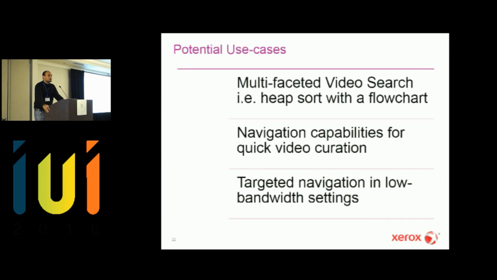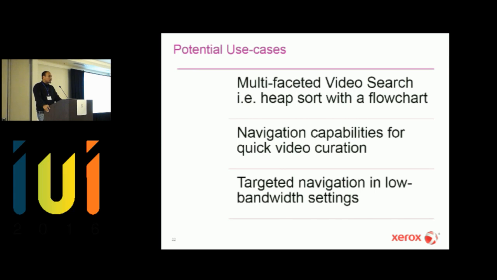So the knowledge, or the multifaceted index, that we extracted from an educational video is very rich. And apart from navigation, it can be utilized for different kinds of application scenarios. Some of these scenarios are as follows. For instance, it can be utilized for multifaceted video search. The search that you see on search engines is mostly metadata driven, based on the description and the title. If we have this detailed multifaceted index of educational videos, the search could be more directed towards the content of the video. For instance, you can search for a video saying heap sort with a flowchart in it, and we will be able to give it to you.